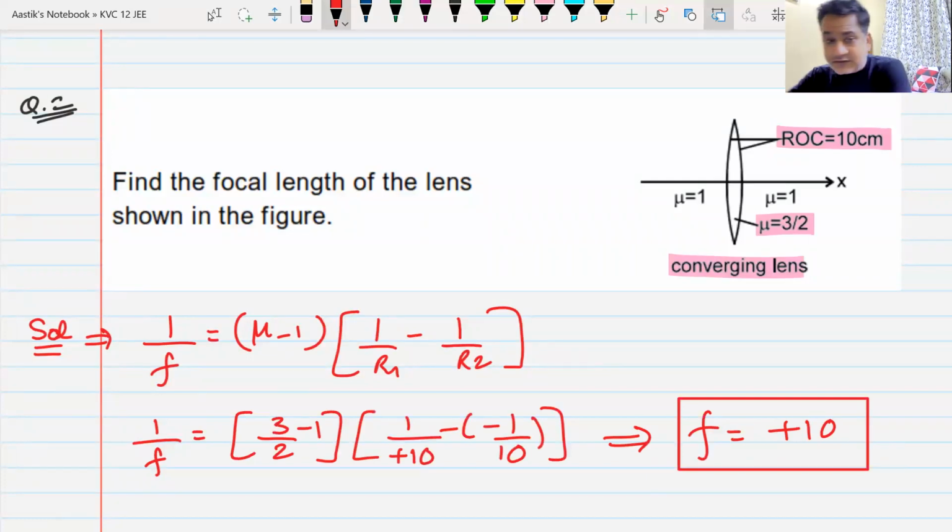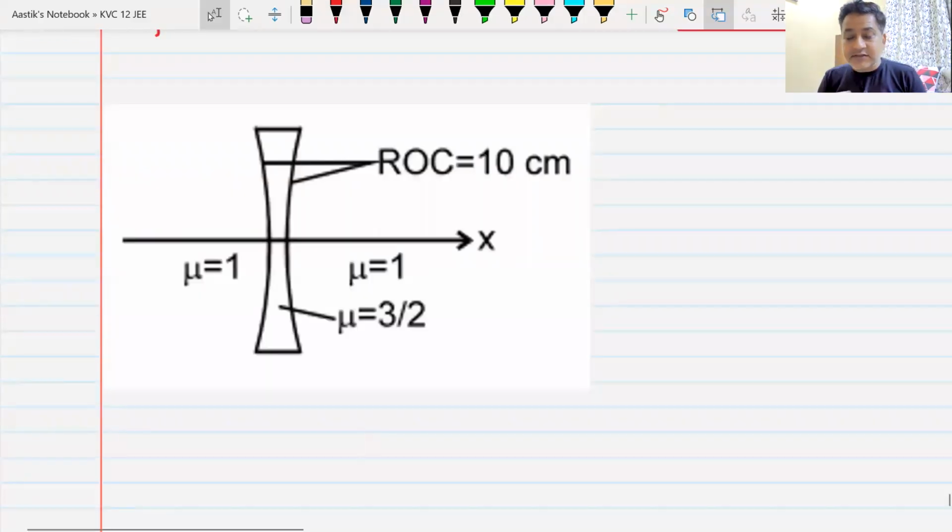The reason that we are doing this is that you get used to it and can tell me the answer in a flash, because that may not be the whole question. The question may be that they place an object here and ask where the image forms. So finding the focal length can be just one step of the problem, and I don't want you to waste time on that step. If you can calculate it quicker, you can save a lot of time for the rest. Now I'm just showing you the diagram and asking the focal length of this lens, and the answer is